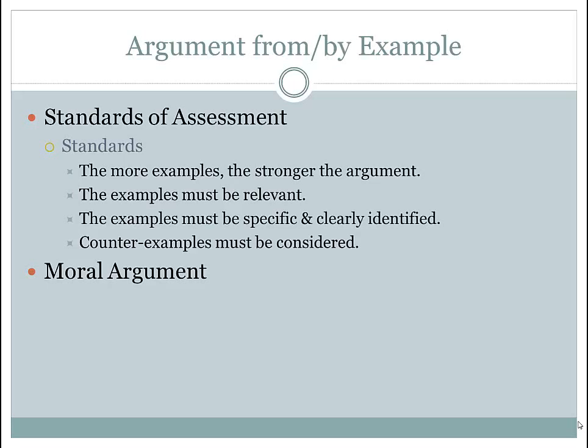Third, the examples must be specific and clearly identified. Vague and unidentified examples do not provide much in the way of support. For example, if someone claimed that Lena was a pizza mooch because she didn't pay on some days, like that time a month or maybe a couple months ago, that sort of stuff would make the argument rather weak. Fourth,